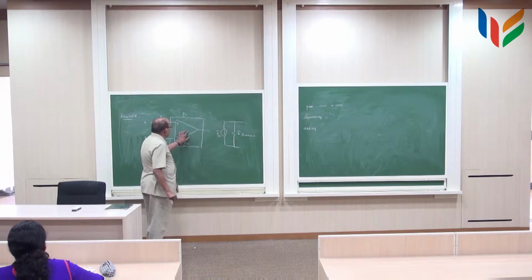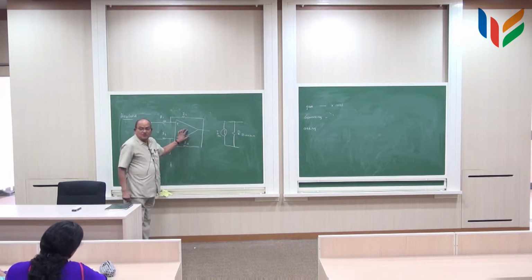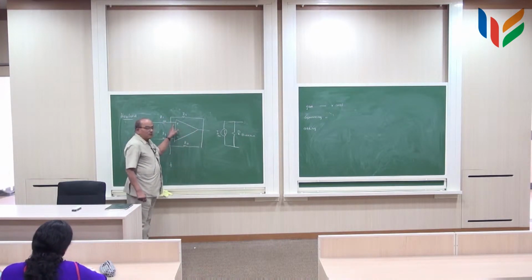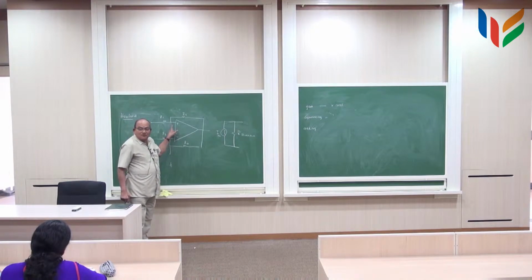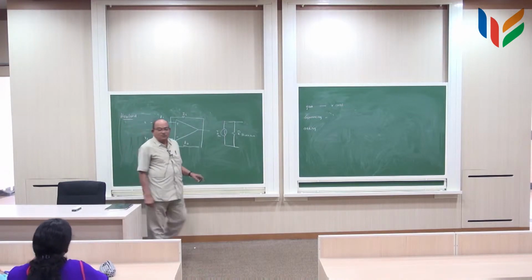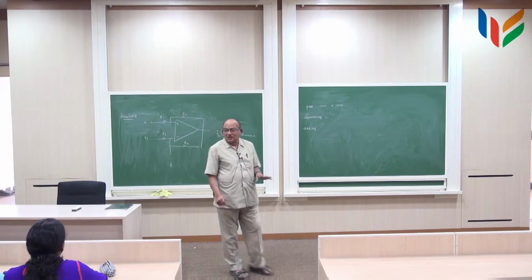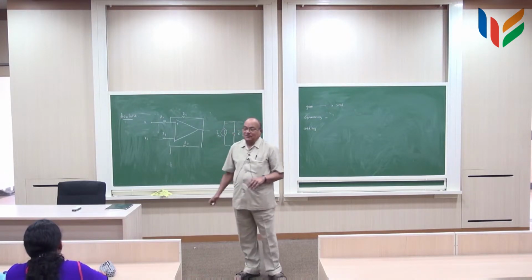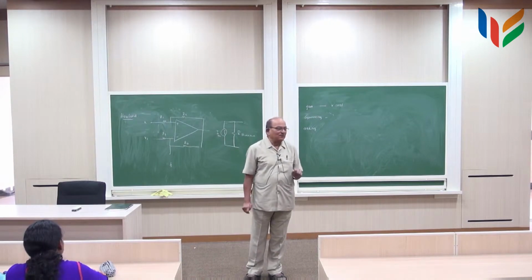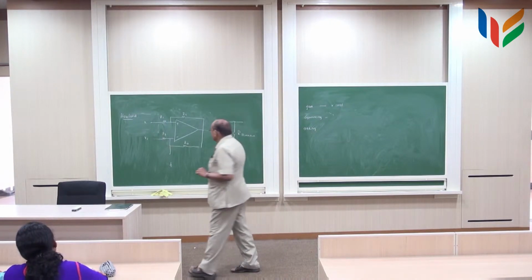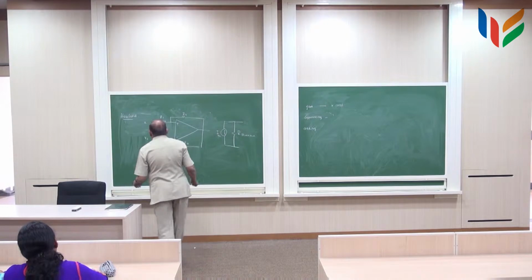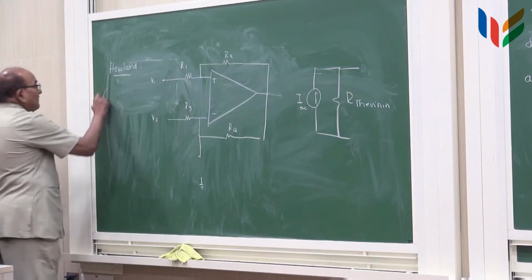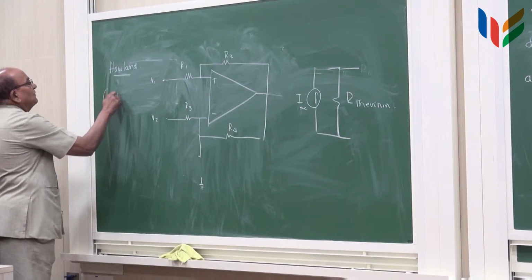See the uniqueness of this circuit, that we have now a feedback to the positive terminal, which I said in the previous class, never do this mistake. But in this particular case, if you do it, very interesting things happen. Okay? This is sometimes known as the control current source.